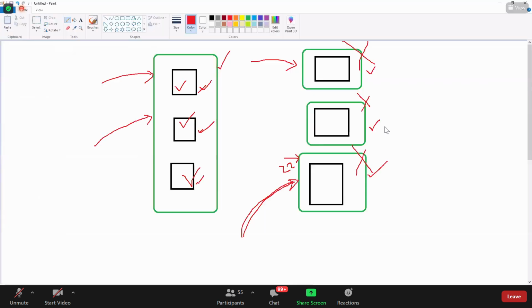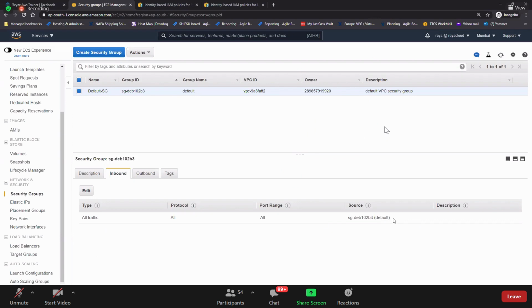Okay. So now I have my EC2 instance here. This is my EC2 instance. And this is my Windows EC2 instance. Can you tell me by default inbound rules are deny, right? By default inbound rules are deny. So meaning here, see, no protocol is allowed from outside. You see that there is only one rule with all traffic, all, and then this self security group ID here. Default security group source. So guys, here I'm telling you, do not change, modify, or delete this default rule.